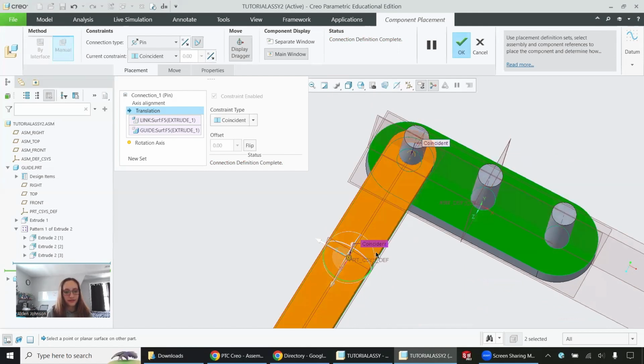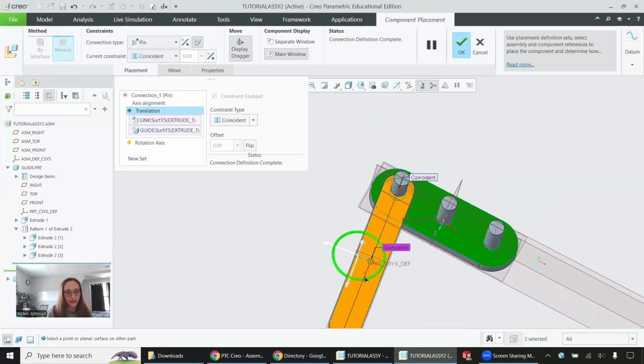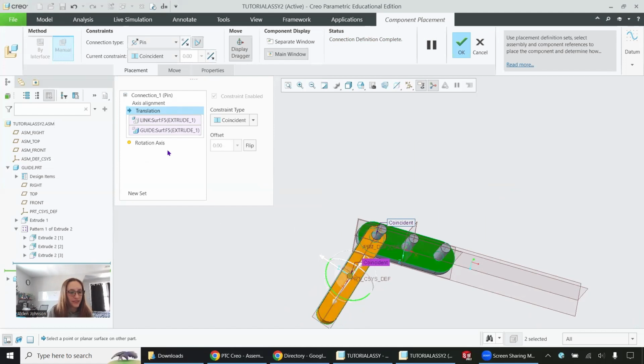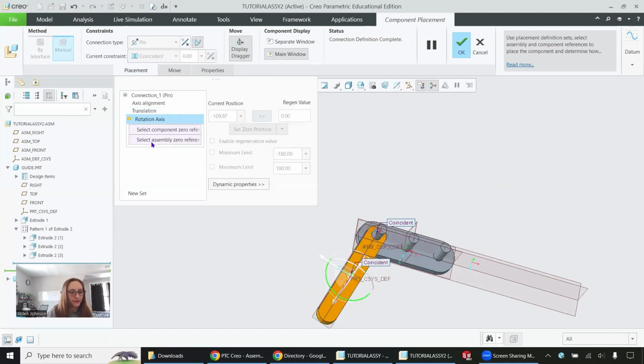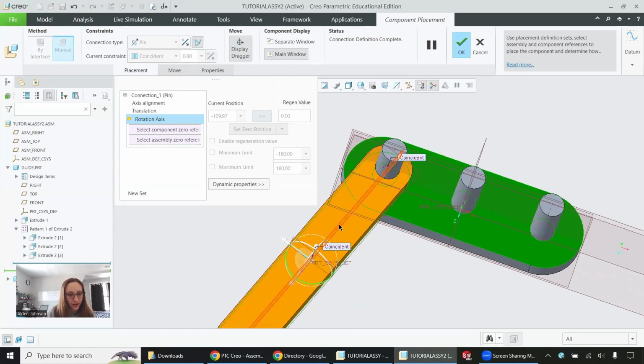All of my constraints are satisfied, but you can see this arc is still here, as it's not rigid, but the connection definition is complete. Maybe I want to limit the rotation of this pin. I'm going to go to rotation axis here. And the first thing I need to do is set a 0 position. So I'm going to do that by